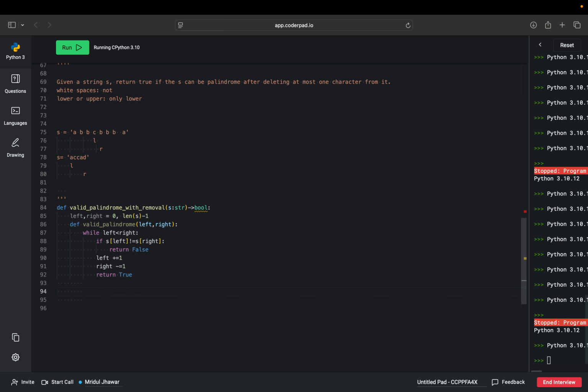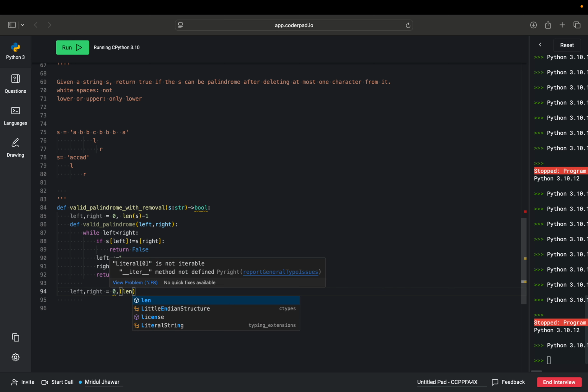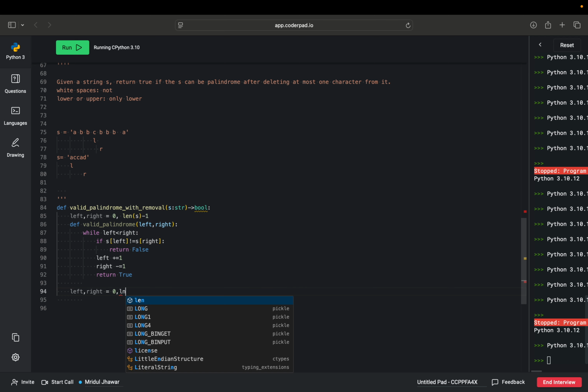Now we still need left and right pointers. Say this would be for the outer function, and we'll start at 0 and len of s minus 1. Actually, we already defined it, right? So you don't need that. While left is less than right, if s left